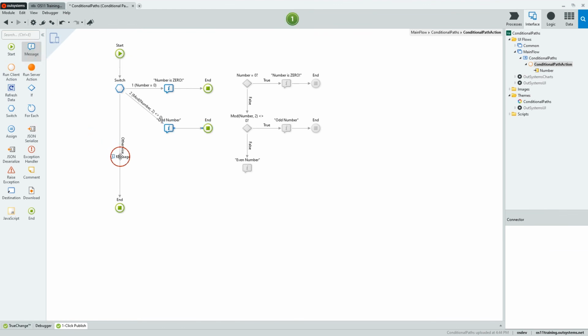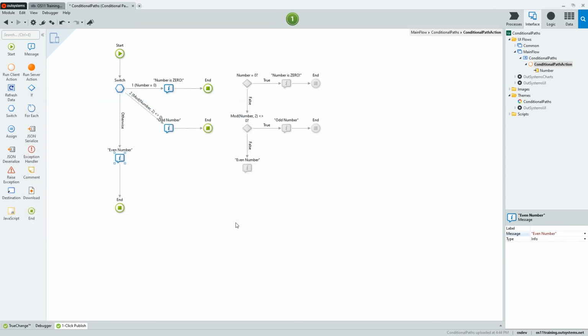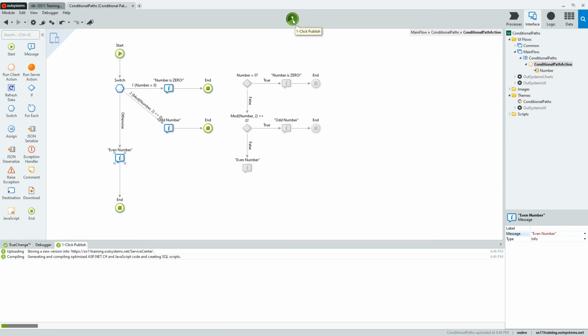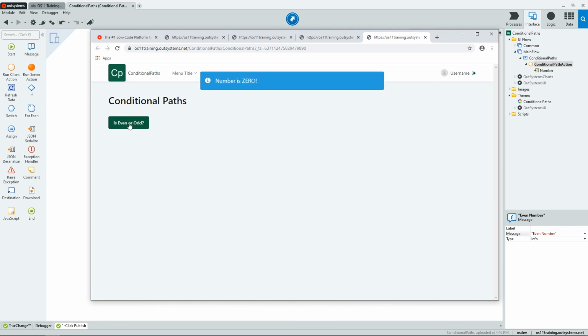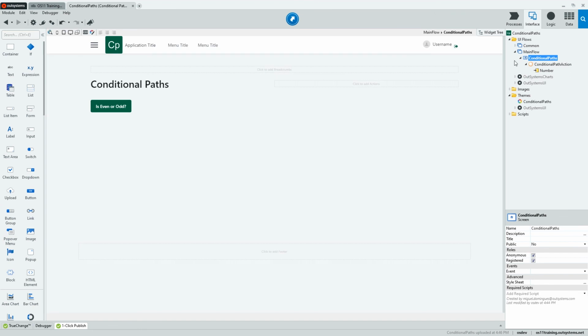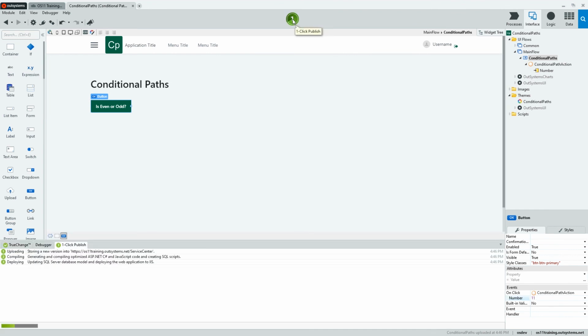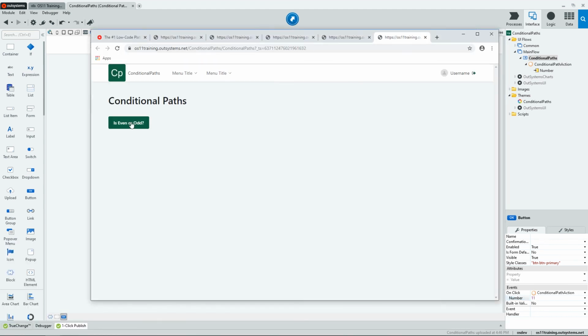The otherwise branch is mandatory and will be executed if none of the other branches evaluates to true. In this case, if the number is even. Let's now publish the module and test this new logic. Let's change the value of the number to an odd number so the second branch connector is executed. Let's test it in the browser to confirm.